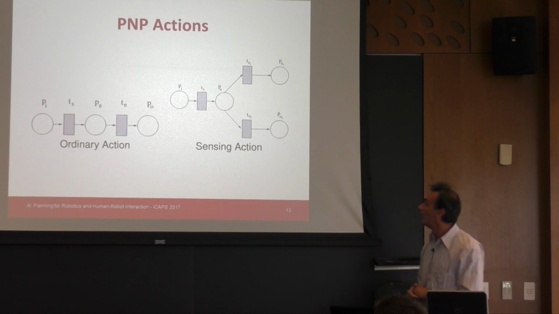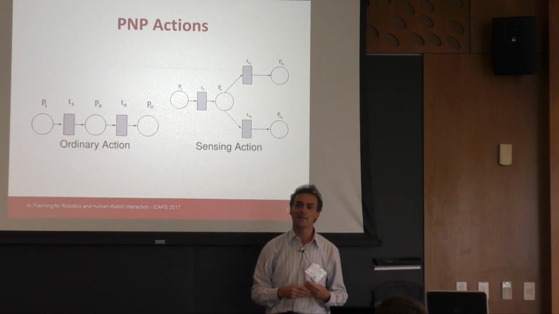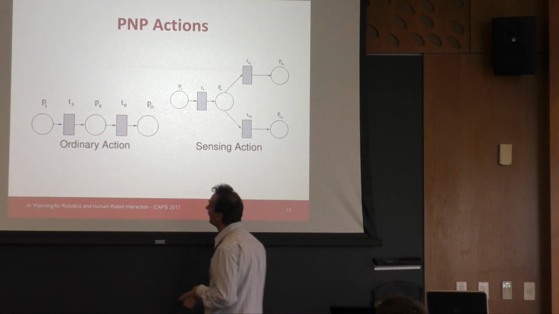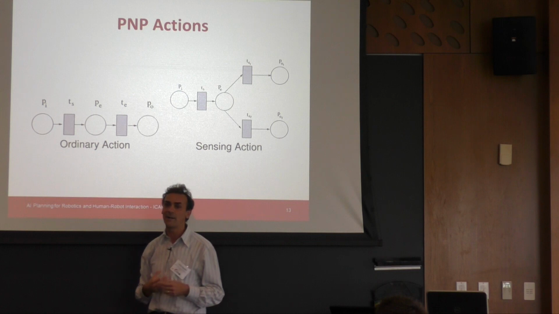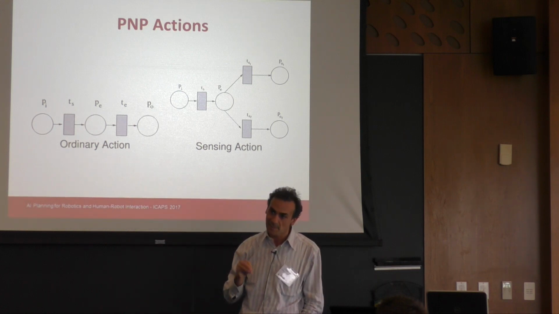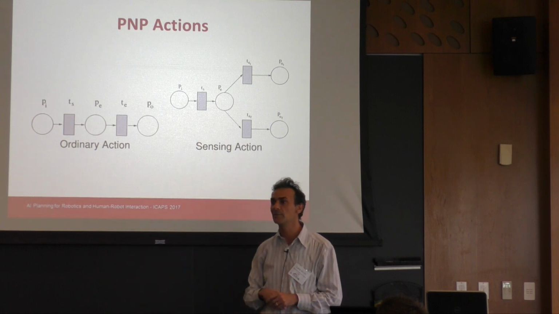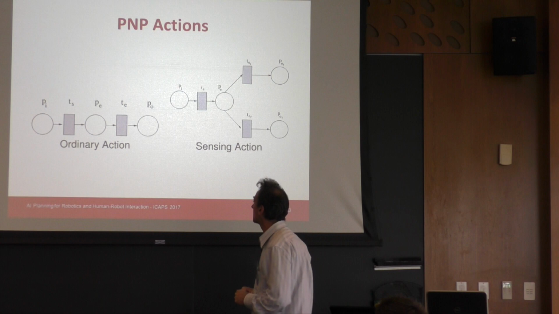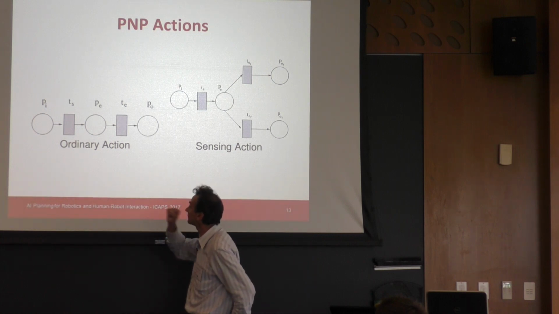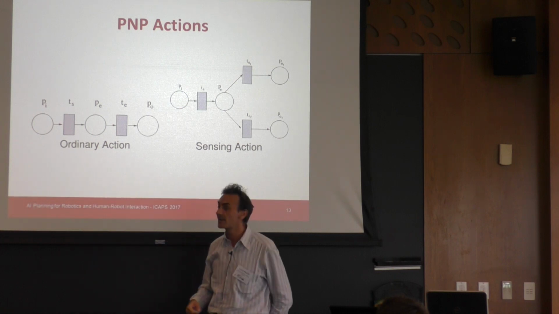So ordinary actions are just actions that represent a time durative execution of an action. Places represent the fact that the system is in a given state. Actually, it's a partial state because the state is given by all the tokens in all the places. But if you consider only, for example, this part of the PNP, the initial place means that the action is not yet started.